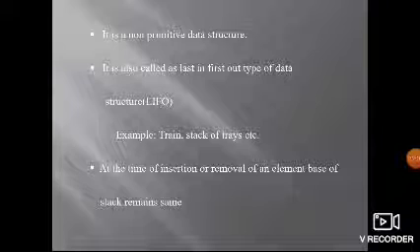So last in first out, LIFO. Examples are a stack of trays, etc.